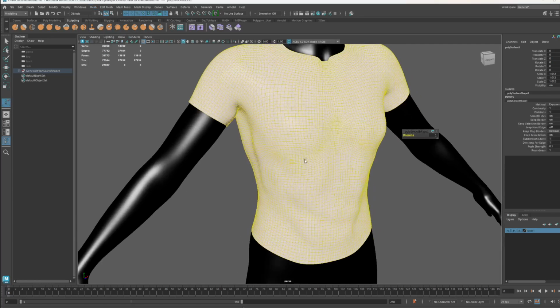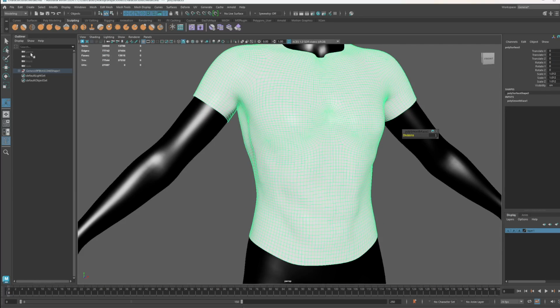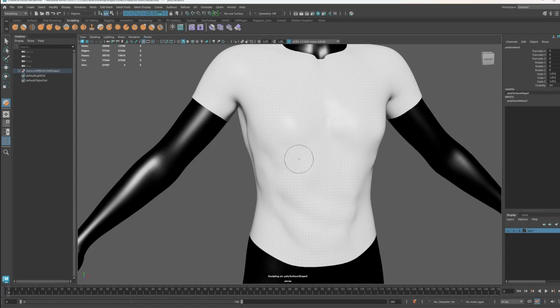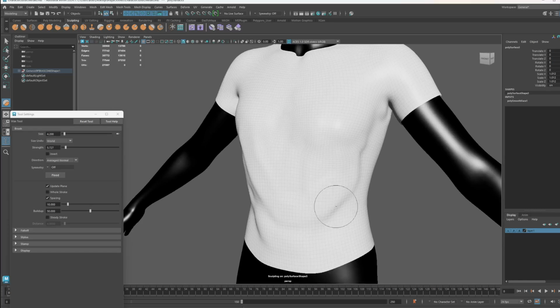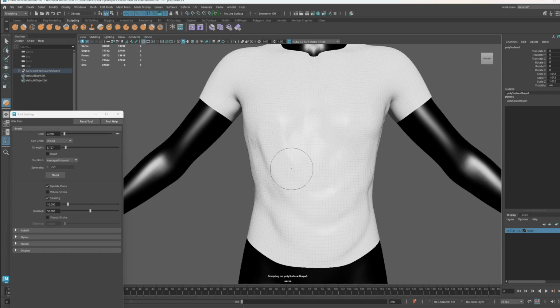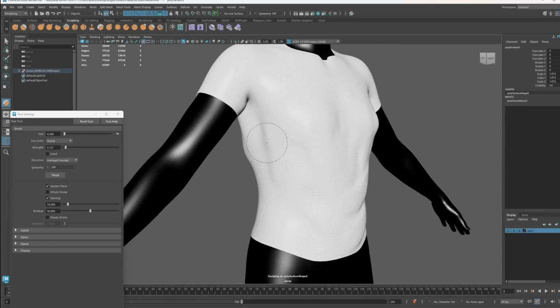So now I get a lot more detail. You can see that, Ari. Can you see that, little Ari? And now you can start messing with it. We're just trying to get a kind of clothy feel, a little bit of detail in this.